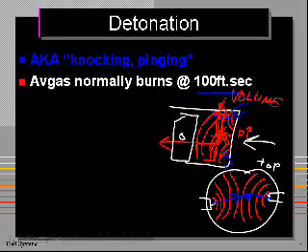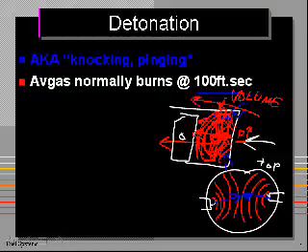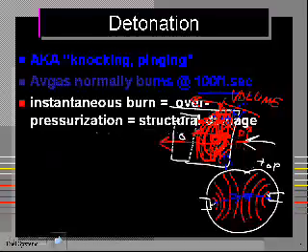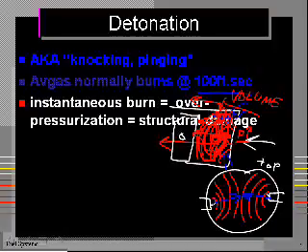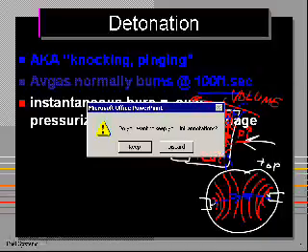So a certain amount of energy is going to cause a certain amount of pressure, but the pressure tends to go down if the volume gets bigger. So the pressure in here never gets too high because we're pushing the piston down, the piston's moving, and the volume goes up. Now, what's bad is that if we have detonation, this fuel doesn't burn smoothly. We don't have this nice,